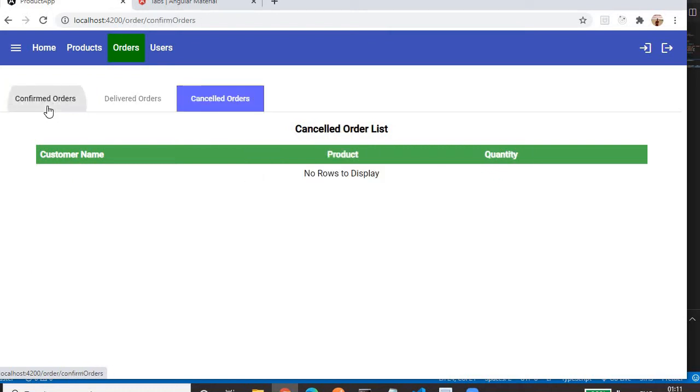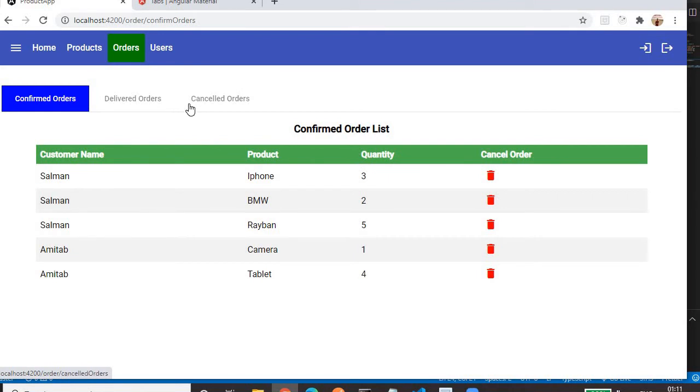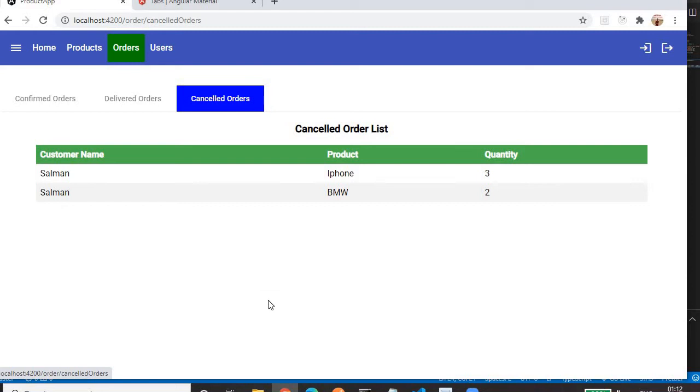So we will pass the data from here to here. So let me delete the Salman record. One record deleted, two records deleted. We'll find those two records in the cancel order. So here, how are we passing the data from confirm order to cancel order between the unrelated components? We'll see.